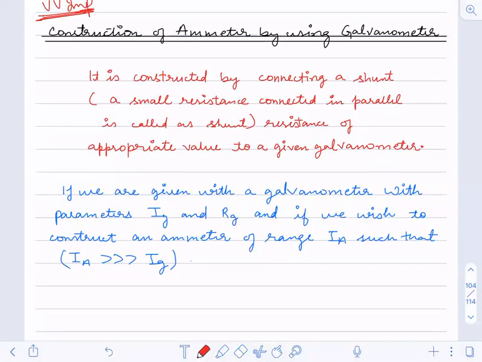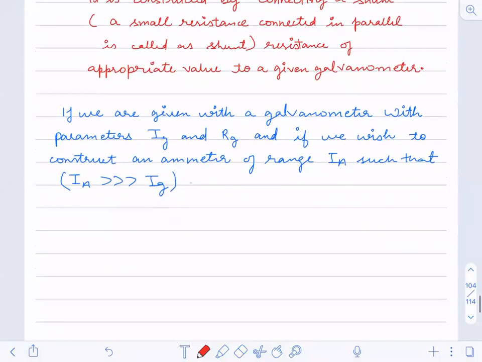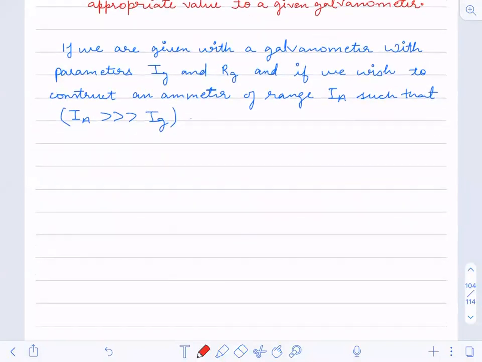So actually you're not able to understand this. Let us understand this with this figure. Now suppose this is the galvanometer you have. The maximum current that it can take is suppose 0.01. Now what you want is that it should be able to take a current of I, where I is 1 ampere.